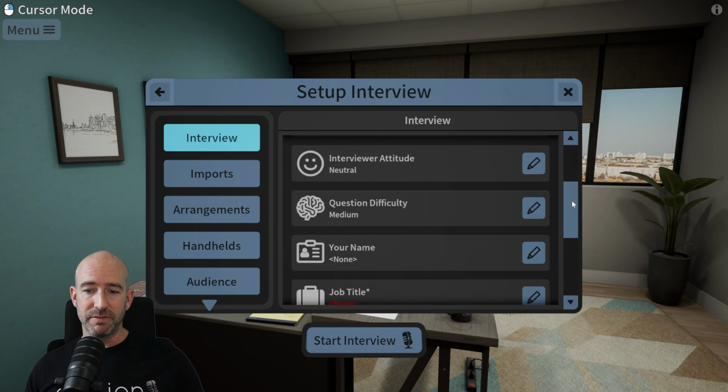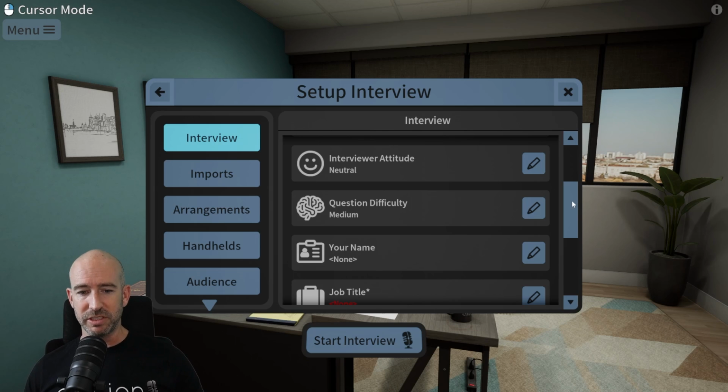Next is the question difficulty. Easy is going to be very simple questions, just to establish your knowledge of the industry and the job title that you're applying for. And the hard question difficulty is going to be multi-part questions where you're going to have to answer with data about previous roles or your experience on the topic. The interviewer might even push you further. When you come up with an answer, they may not be satisfied,